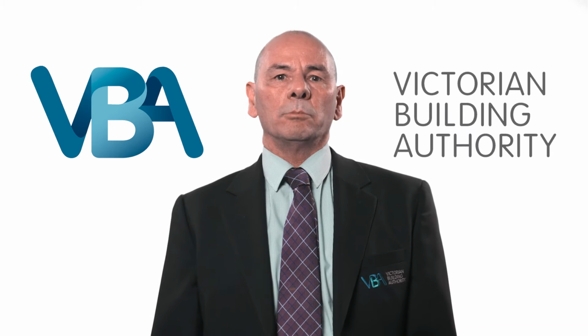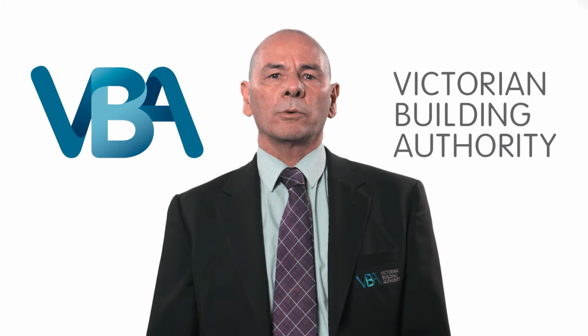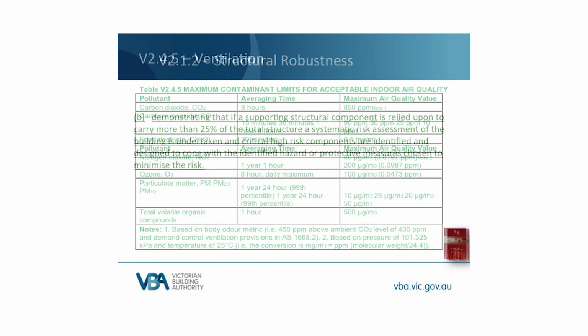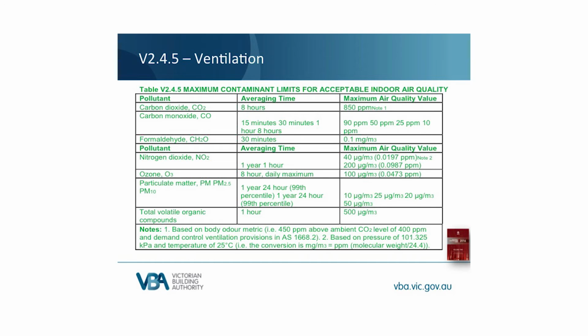The next part, B, is a concurrent requirement to A. This one points out that if you have a structural component carrying more than a quarter of the structure, then special attention is required to ensure that the critical load paths are identified and robustness of those load paths are considered. The next new verification method is